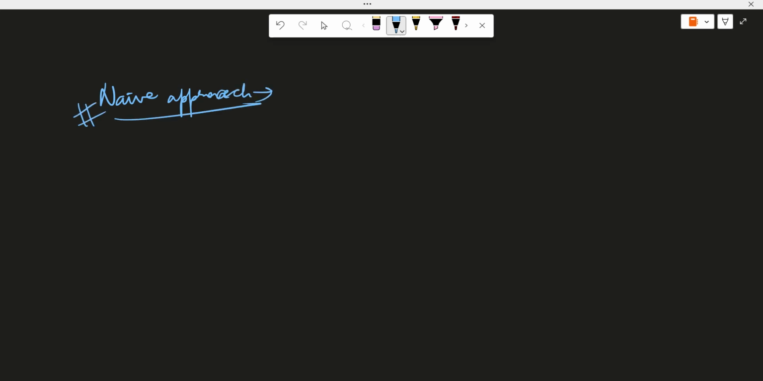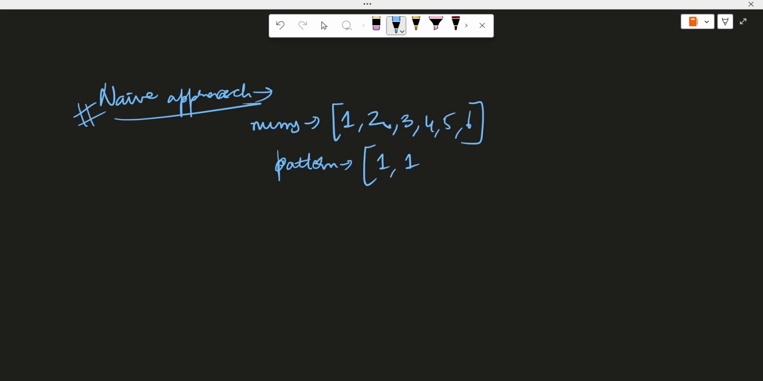Basically, what we'll be doing for this question, I'm considering one example for your understanding. So you can see we need to return the answer as 4 in this case. The easiest and simplest way to solve this question, using the brute force approach, will be that